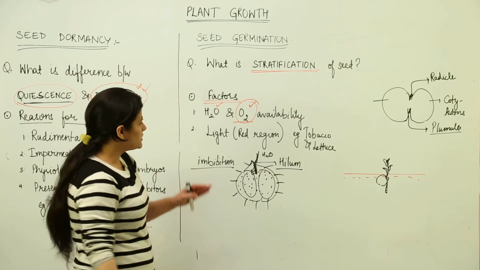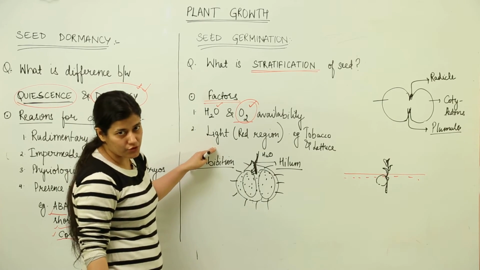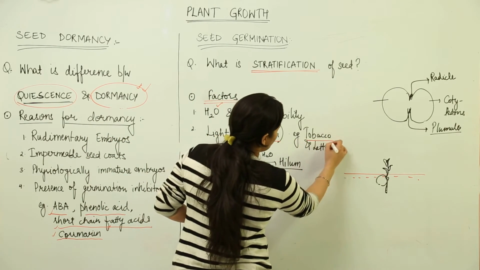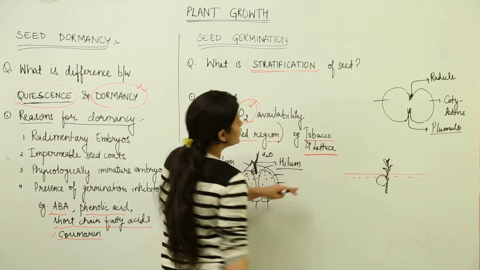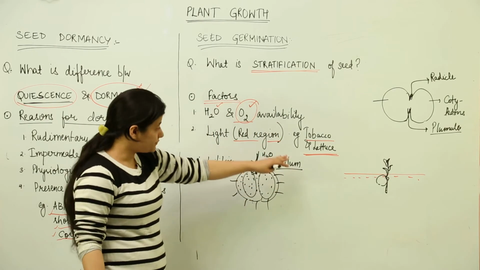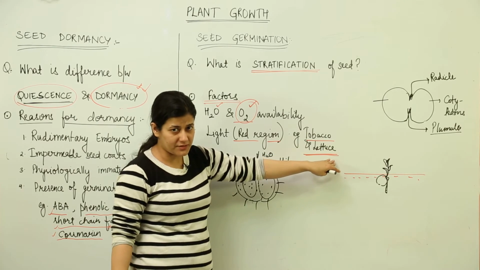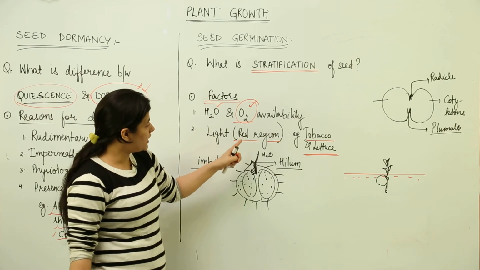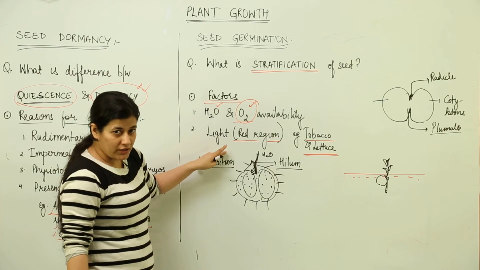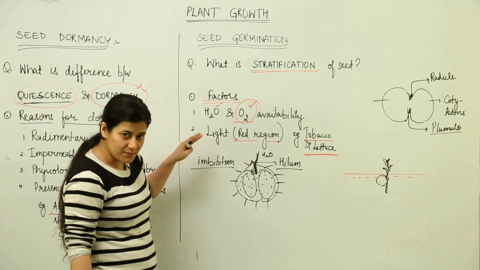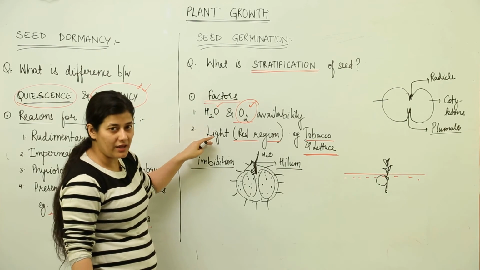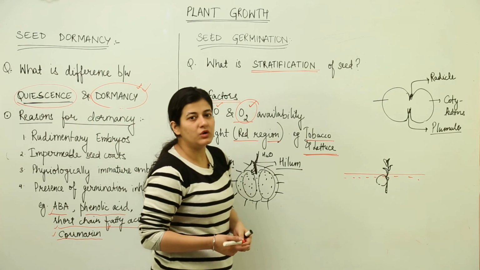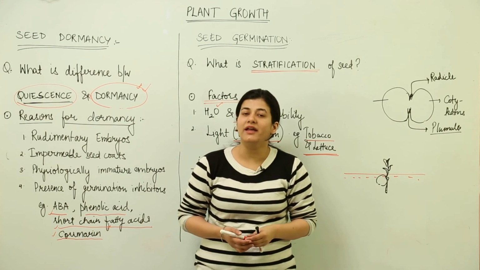In certain plants, light also plays an important role in germination. That is the red region of light in the case of tobacco and a few varieties of lettuce that we consume as a salad. Tobacco is a fumigatory substance consumed worldwide in the form of cigarettes and other substances. These plants show germination in the presence of light. It has been observed. So these 3 factors are important for the germination of a seed, and we overcome the quiescent or dormant stage in the seed and a new plant